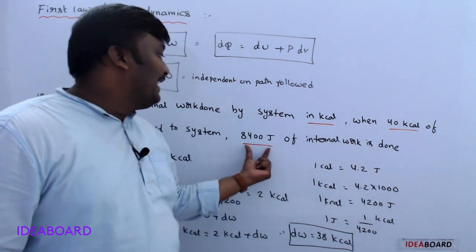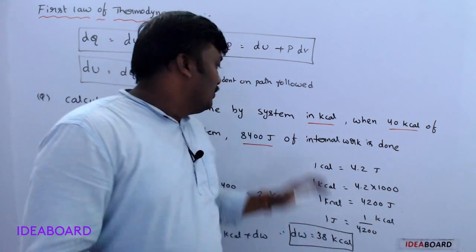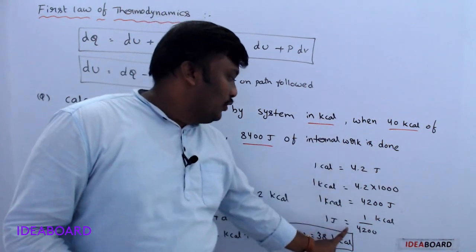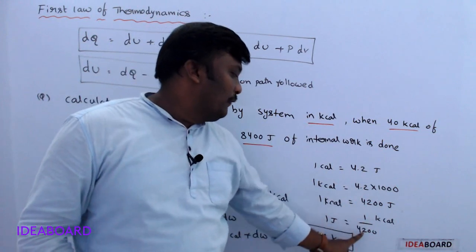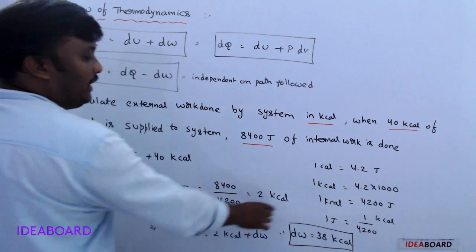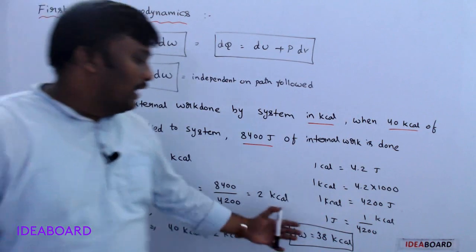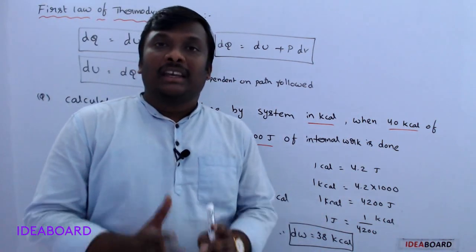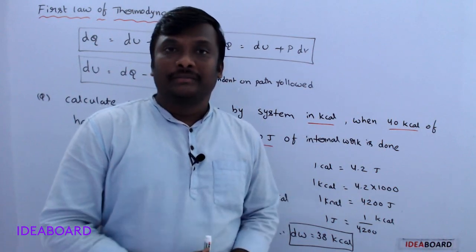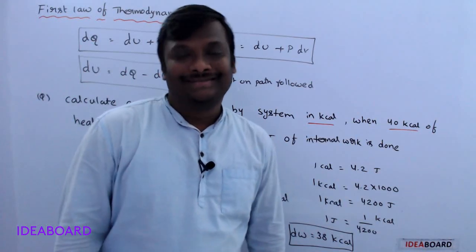So here, one more time: the work done is asked in kilocalories, heat is given in kilocalories, but internal energy is given in joules. So first of all you convert the joules into kilocalories because I want the answer in kilocalories. For that you must remember 1 joule is equal to 1 by 4200 kilocalories. So I divide the value by 4200, I got du. Then just apply the first law of thermodynamics, you get the correct answer. Okay, in this way while solving the numerical, apply the sign conventions, then only you can get the correct answer. Understand? Thank you.